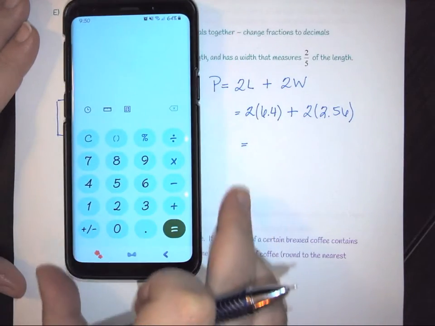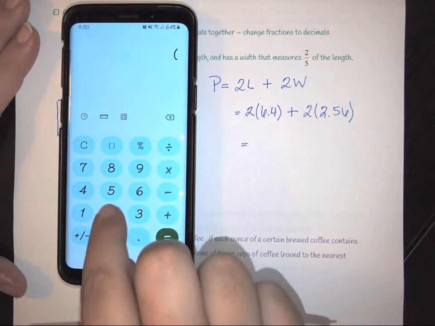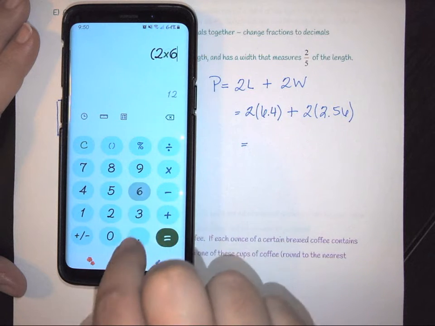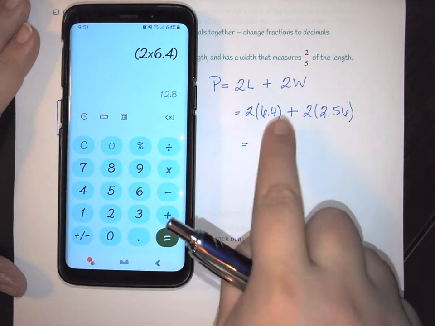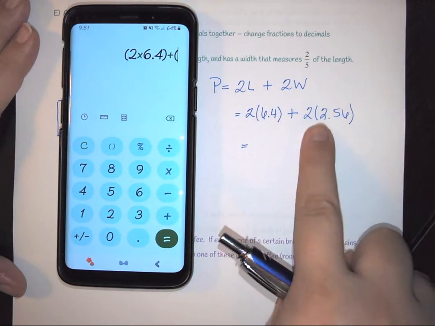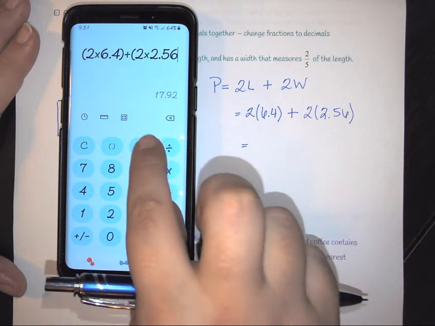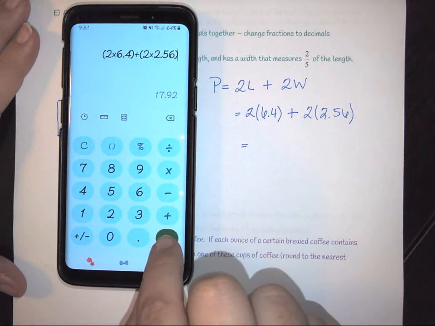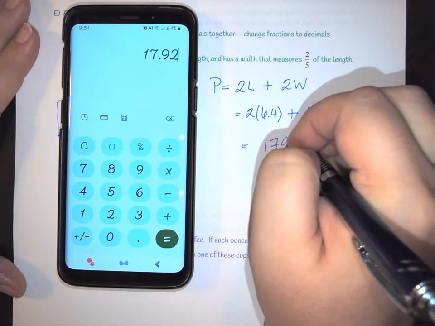Using a 4-function calculator, I would open my parenthesis and do the first part, 2 times 6.4, and then close it. I have to add that and open my parentheses again to do the second part, 2 times 2.56, and close it. Hit enter and we get 17.92